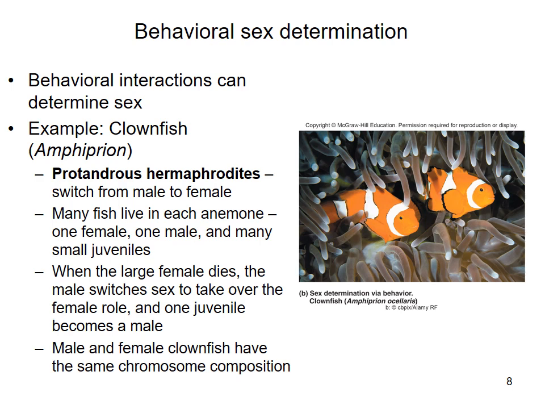So in clownfish, what we see is that they are hermaphrodites. And they have the ability to basically switch from male to female. And usually what we see is that within a little colony, you will have 1 female, you will have 1 male, and then you'll have a lot of small juveniles. And the juveniles usually have both of the immature sex organs, so they can go either way. And what we see happening is the structure of the colony is going to be that if something were to happen to the female, let's say the female dies off,